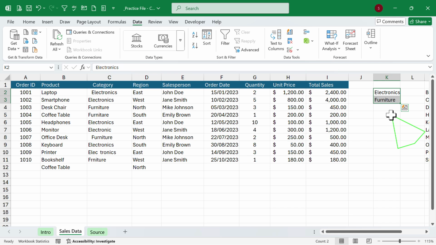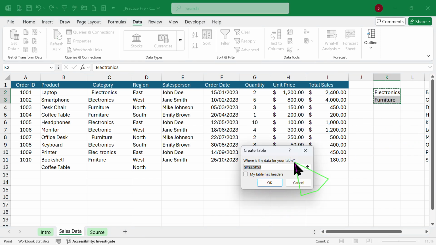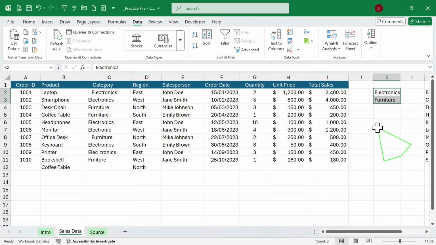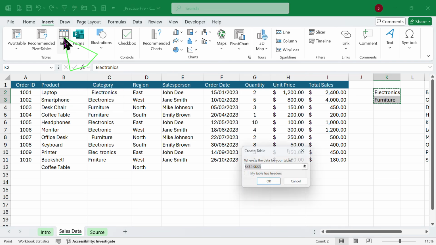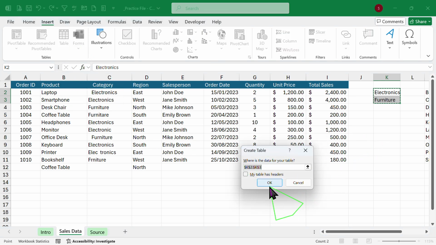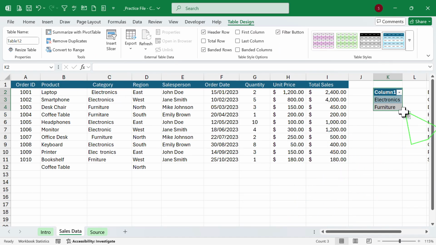Press Ctrl T, or you can also go to insert and click on this table icon and then click OK. This will be converted into a table. You can give the name of this if you want. I am going to leave it as it is,